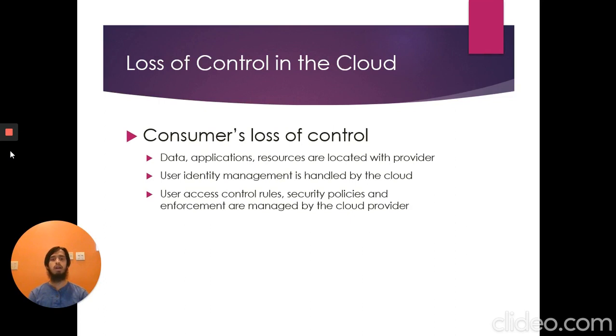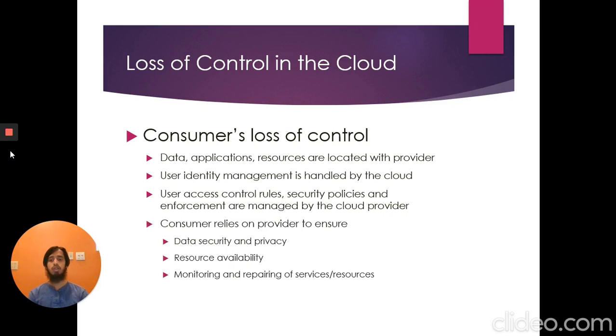Loss of control in the cloud. So what exactly is the meaning of loss of control in the cloud? Data, applications, and resources are located with the provider. User identity management is handled by the cloud. User access control rules, security policies, and enforcements are managed by the cloud providers. And also in this, the consumer, the company who is using the cloud, has the problems of data security and privacy, resource availability, monitoring and